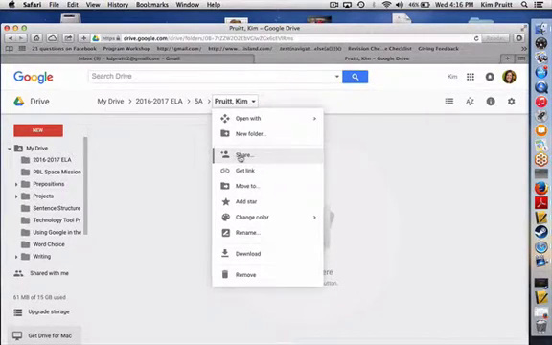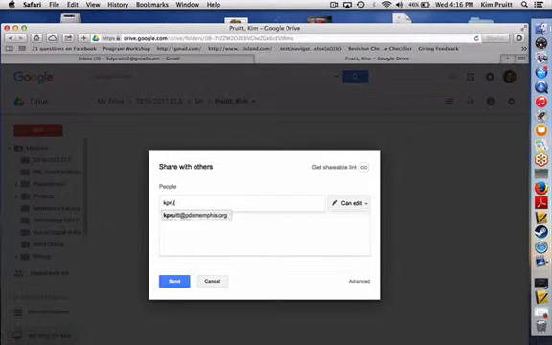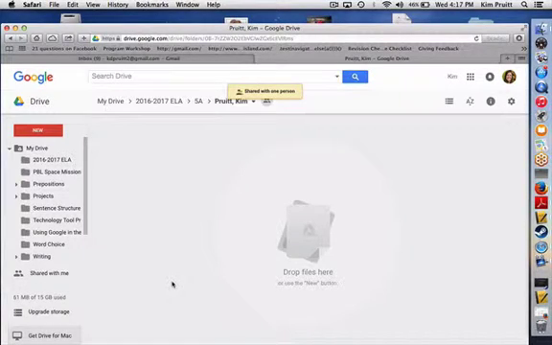So I'll scroll down to the option Share, and I will type in the student's email address. And this right here indicates that the student can edit. You can also give a view, but that person who you're sharing it with can only view it and cannot edit the content within it. And this will send the folder to the student, and he or she will receive notification